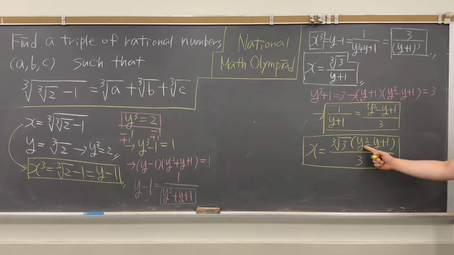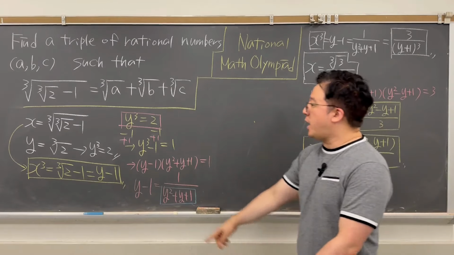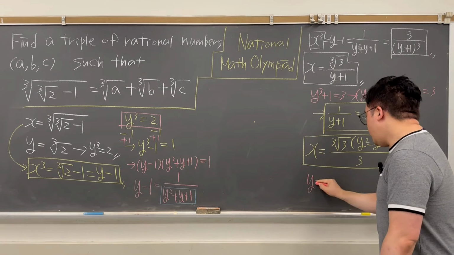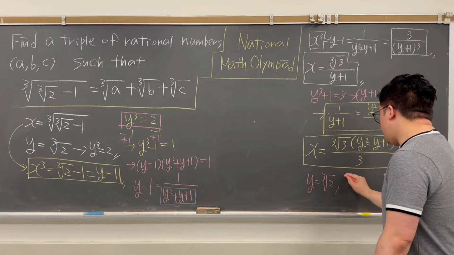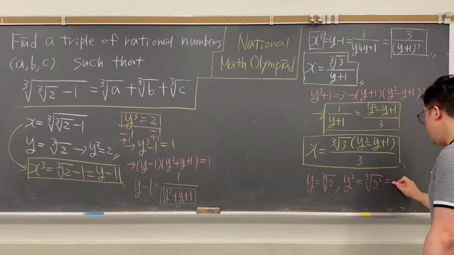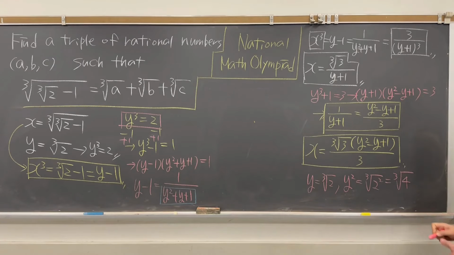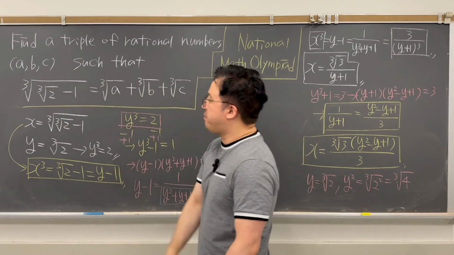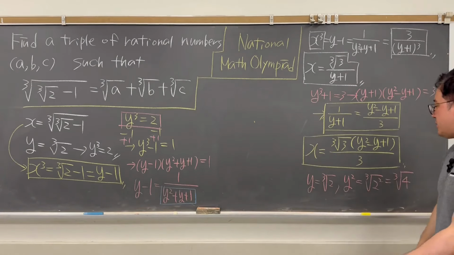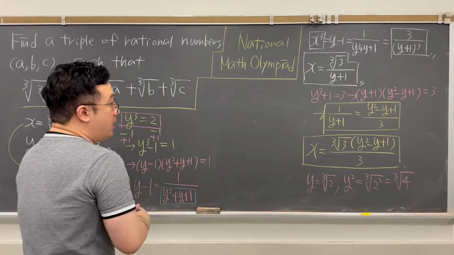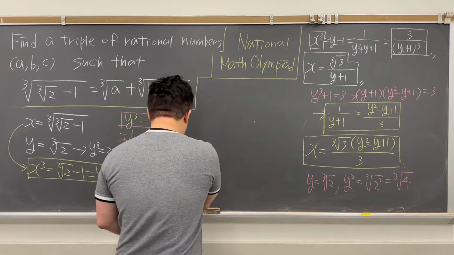Take a look at this. We have y squared. But then again, we already have that y is cube root of 2. So knowing how your y is cube root of 2, that means y squared is cube root of 2 squared, which is cube root of 4. So we can plug this into y to talk about the value of x, which is the whole left-hand side of your equation based on our conversion. So if you plug it in, then your x is going to be equal to